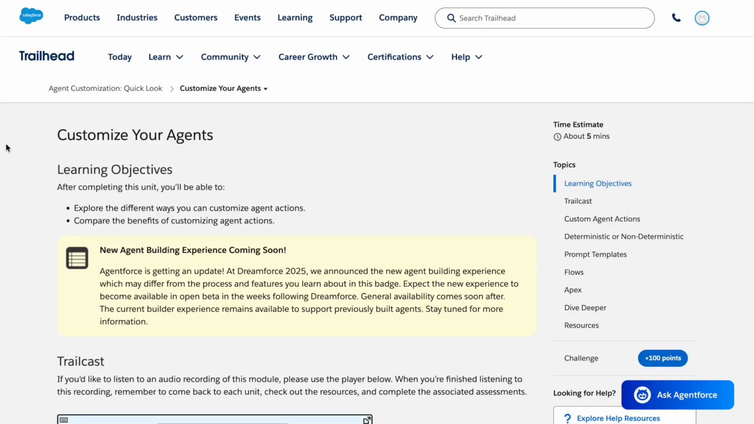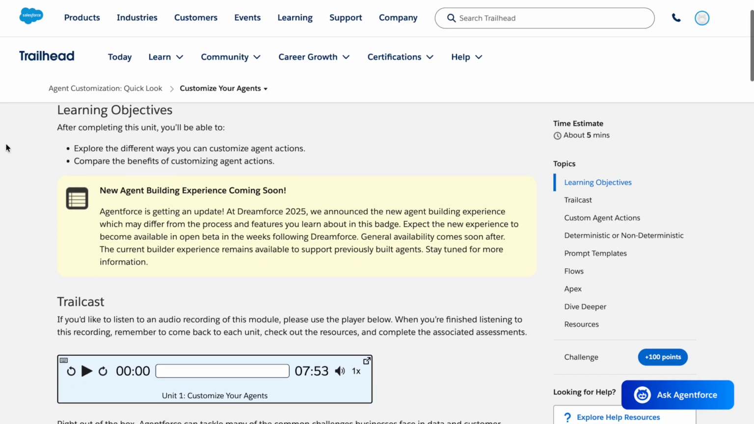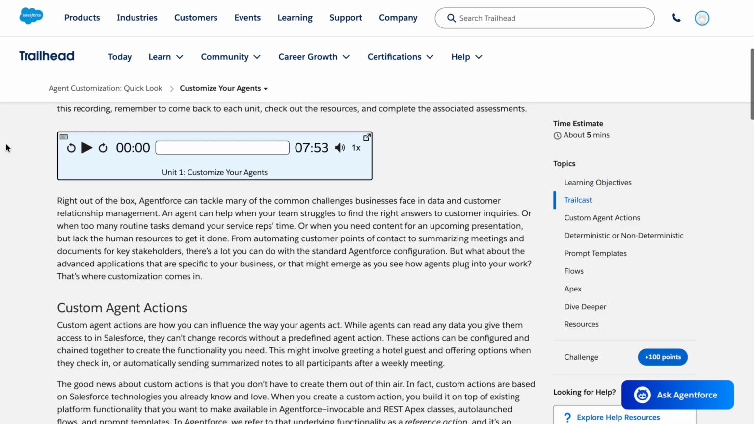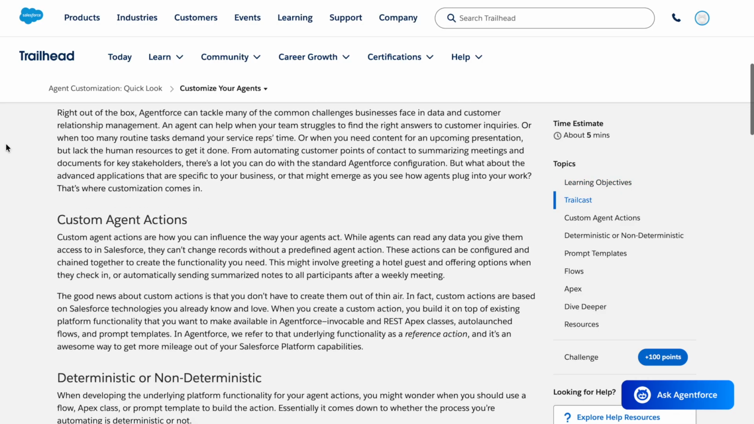Custom agents. Learning objectives. After completing this unit, you'll be able to explore the different ways you can customize agent actions. Compare the benefits of customizing agent actions. Right out of the box, Agentforce can tackle many of the common challenges businesses face in data and customer relationship